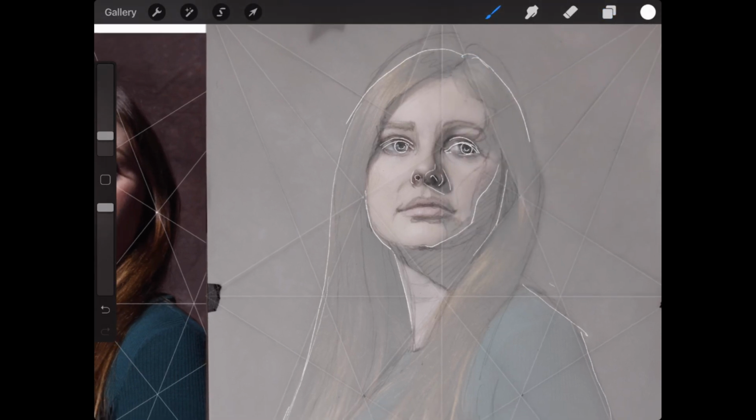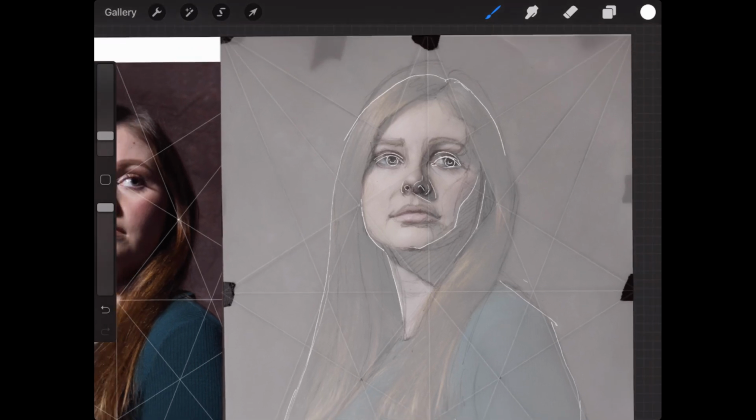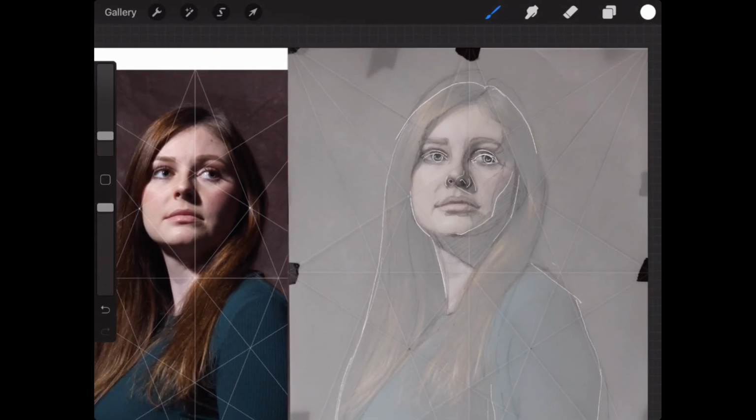So when I was looking at your drawing, one of the main things that I saw was the height of the head. I think it got a little bit tall, even compared to this triangle shape on the grid. You can see that this is more open.